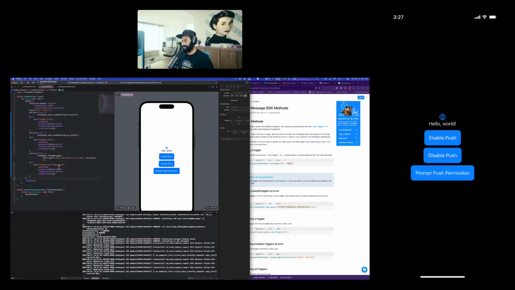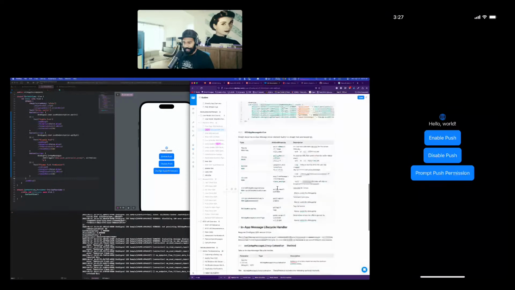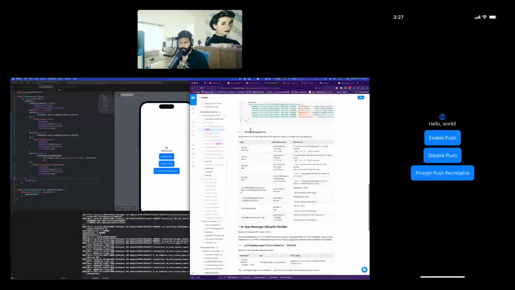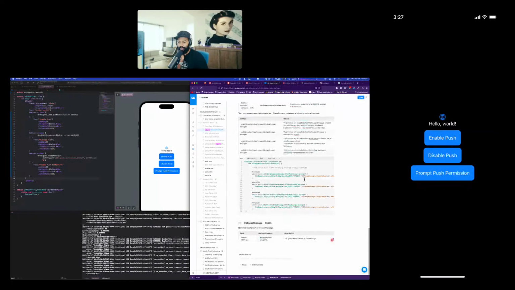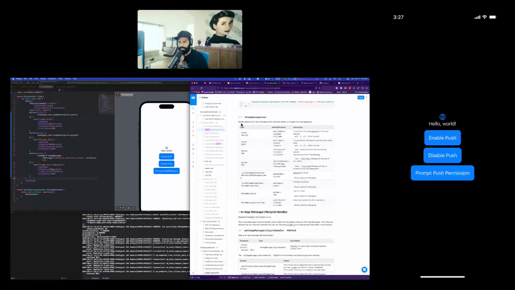And now we have enable push, disable push, prompt push permission. There are some other things that we can add as well. Let's see, what can we do? Okay, we can get information about the actual action as well. But it looks like I haven't updated this yet.